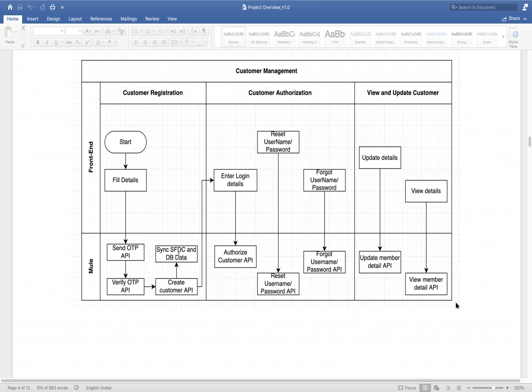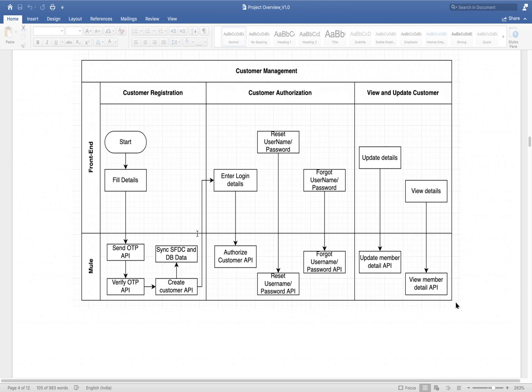It will check for a particular time, like which customers were created after this time, take all those customer details and sync them in the database. The next day the scheduler will run again, check from the last run time, take all the data from then, and sync it again in the database. In this way the scheduler API will run.